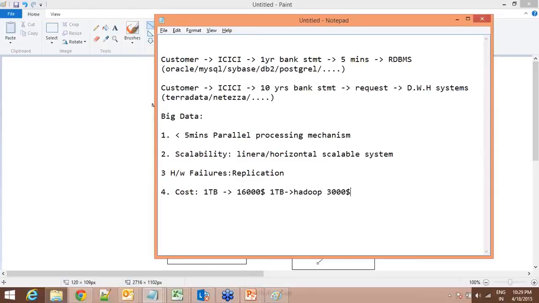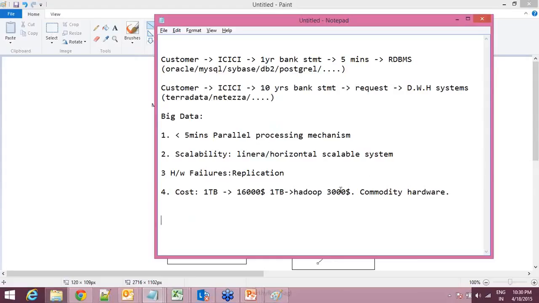The reason why Hadoop is so cheap is because the Hadoop architecture itself is designed mainly to run on commodity hardware. Commodity hardware means cheap hardware. There is no limitation saying that Hadoop needs this hardware or that hardware configuration. Hadoop can run on any kind of hardware models and hardware configurations. This is a major breakthrough in Hadoop, these two features.